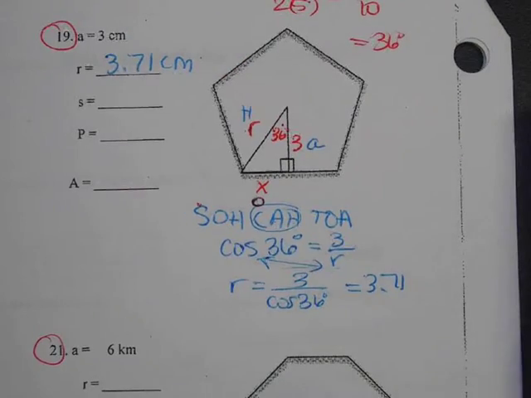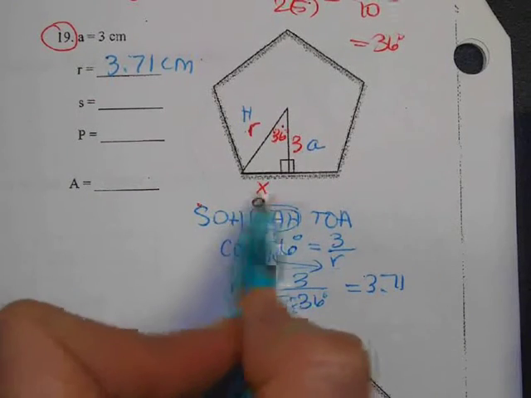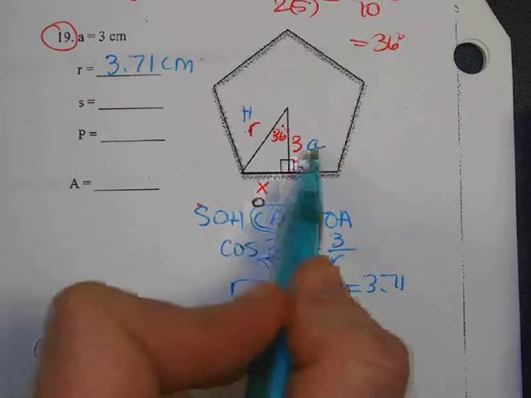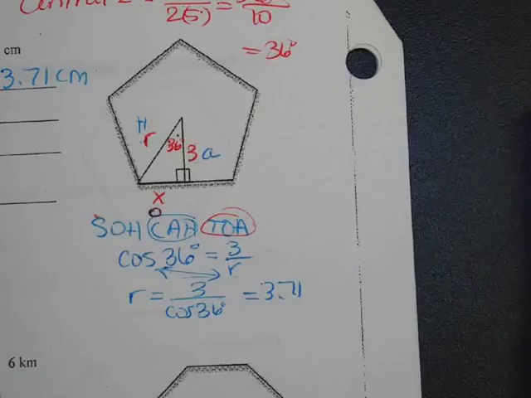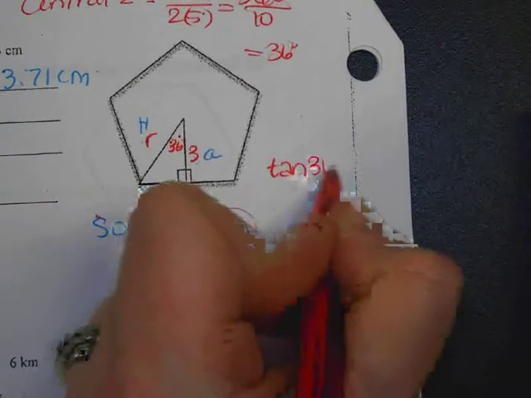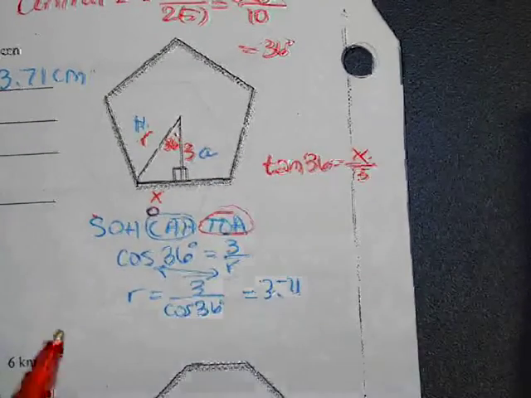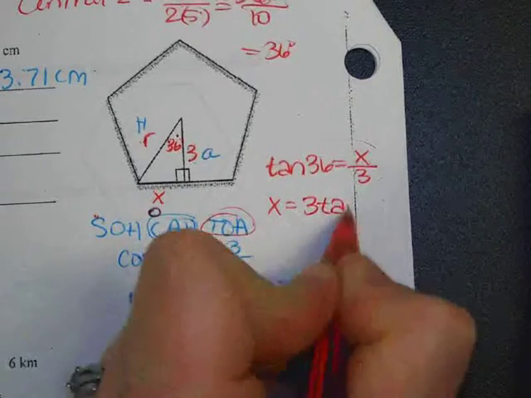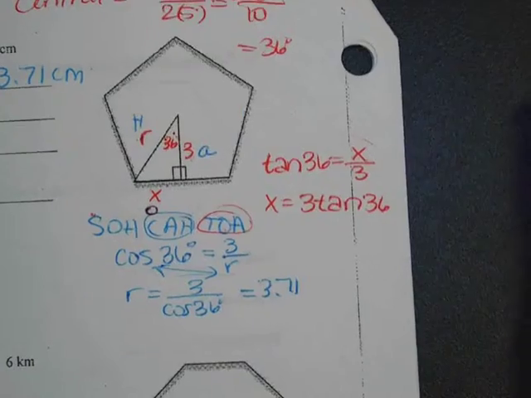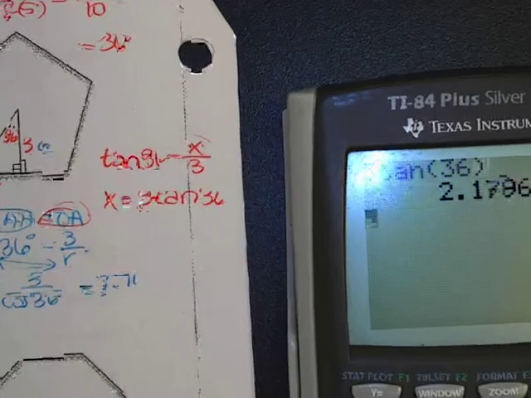Now we need to do another trig function to find the side length or the half side length. This time we're finding x, which is an opposite side, and comparing it to the adjacent. O and A tells me to use TOA to find x. So I'm going to say that tangent of my angle 36 equals O over A, which would be x over 3. Now that x is on top, this tells me to multiply my number in tangent. So that would be 3 tangent 36. I'm going to type that in the calculator. 3 tan 36 comes out to